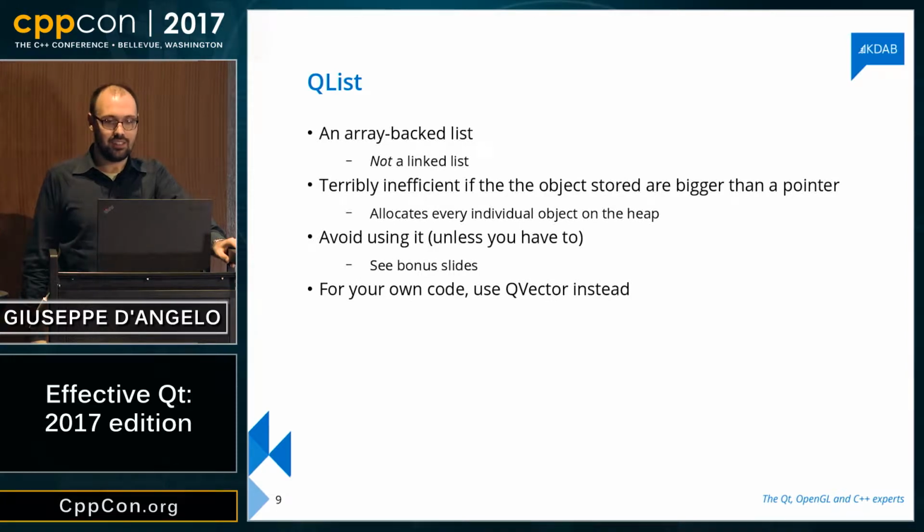to them. This difference, the fact that QList has this surprising behavior depending on the type you put inside of it, and especially the fact that this may turn out to be just a vector of pointers to things, so have terrible performance, makes me recommend you to just avoid it, okay? In case you're very curious, I got some bonus slides about how QList exactly functions. The recommendation for this one would be just avoid it.